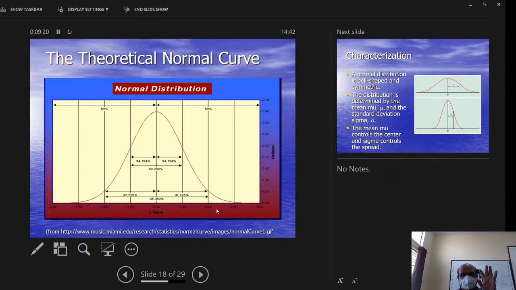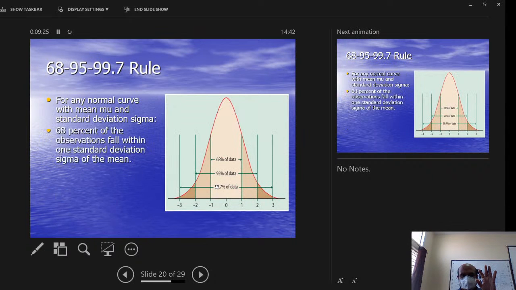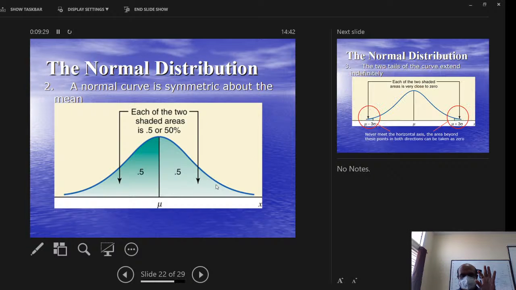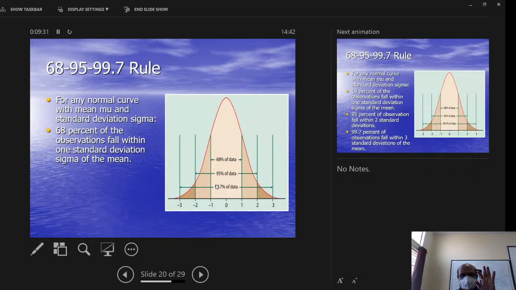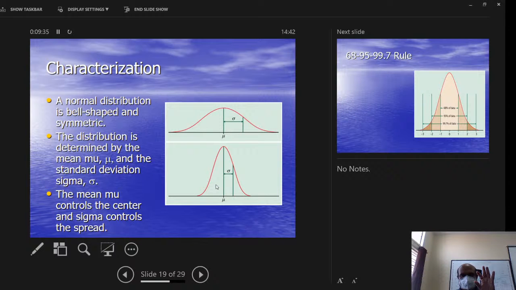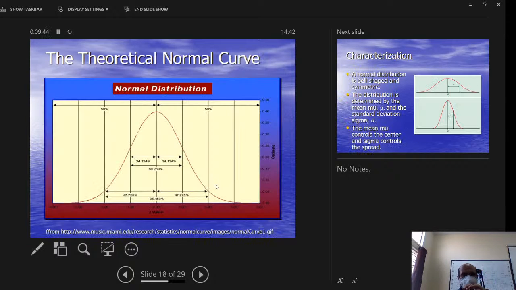Okay, this is wrong. Yeah, this is a wrong